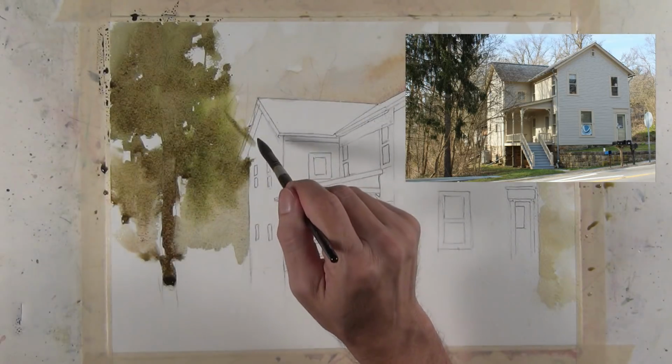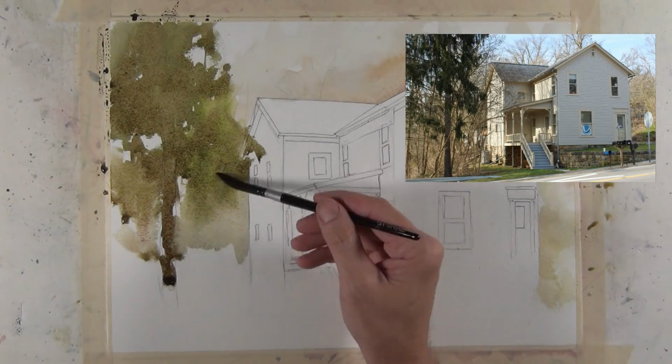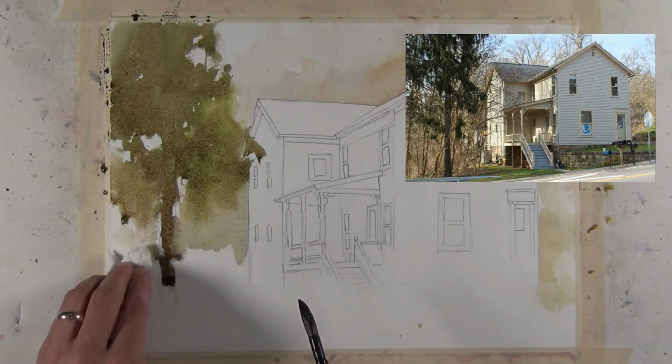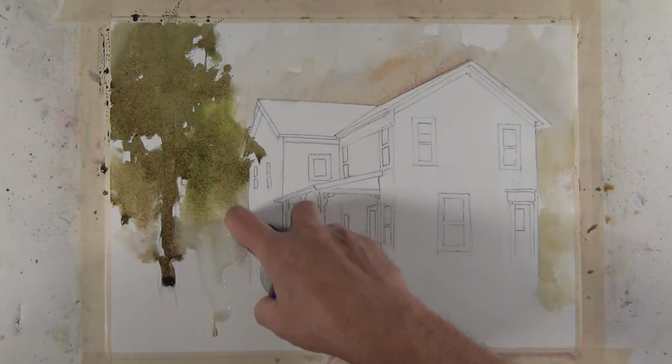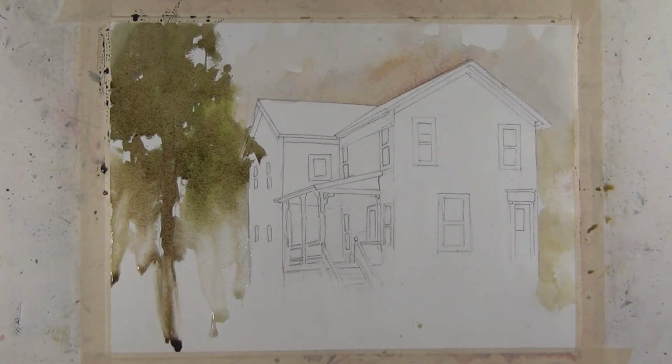And I'm letting this wash run over the edge of that house, and I'm not going to be using detailed branches or brushwork to overlap this house. I'm letting this wash do some of the overlap and let that part of the house just kind of fade into the wash. I've taken the fine mist spray here just to soften some of the bottom edges of this